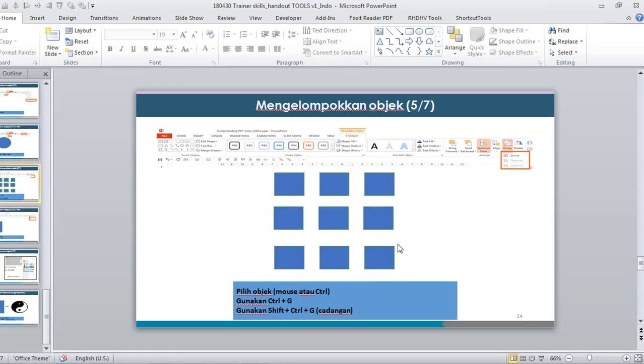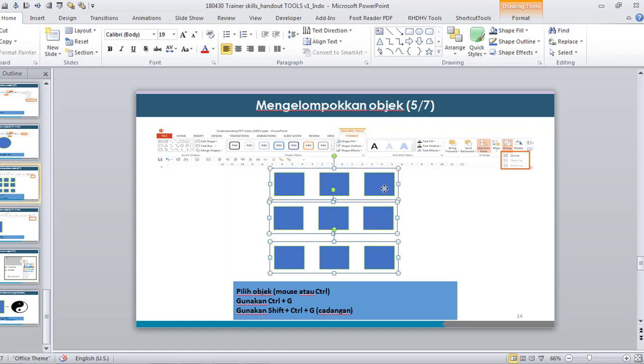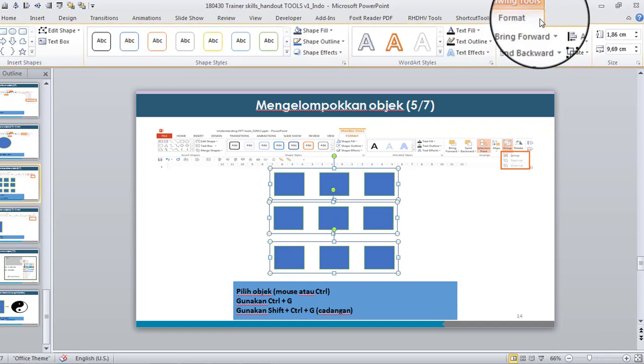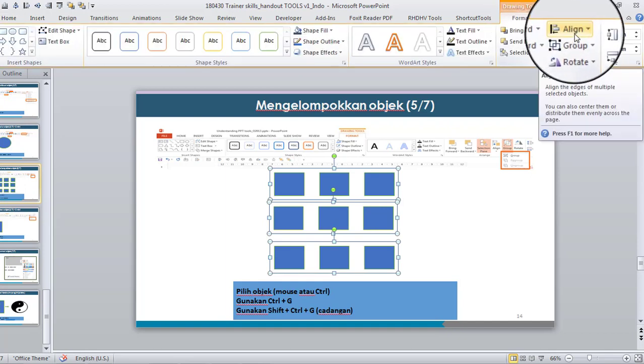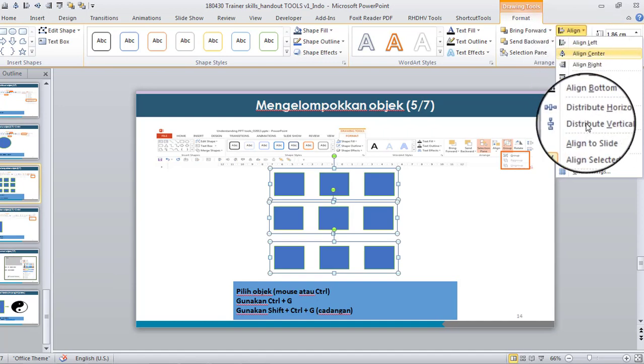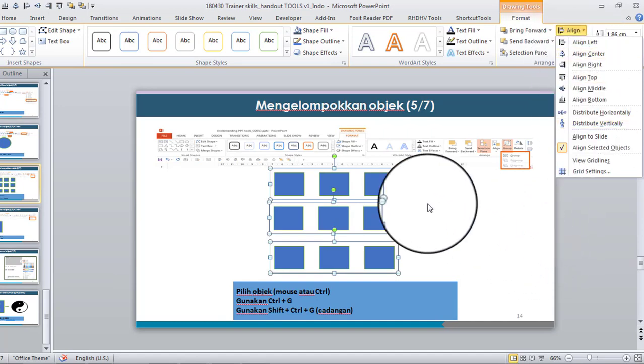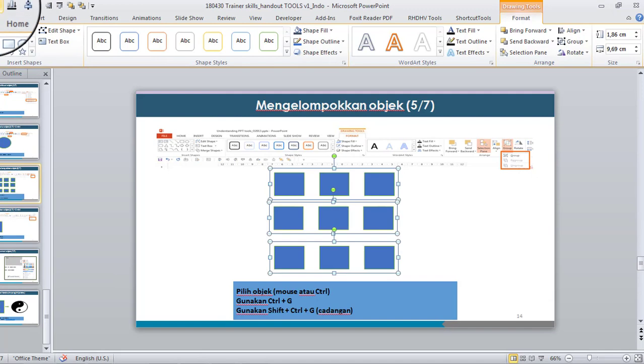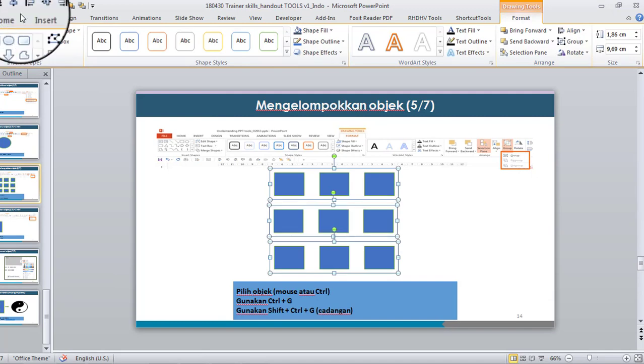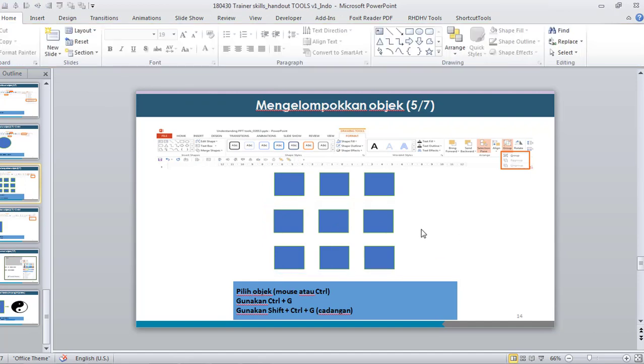So now I have selected three groups, as you can see here. Now let's say that I want to align these groups and distribute them vertically. I can also do that. So if I go back to one of the first tools where we use this alignment, I can here distribute vertically. Or even better, I use my shortcut menu here. So if I distribute them vertically, you see that the groups are now distributed vertically in perfect arrangement and spaces